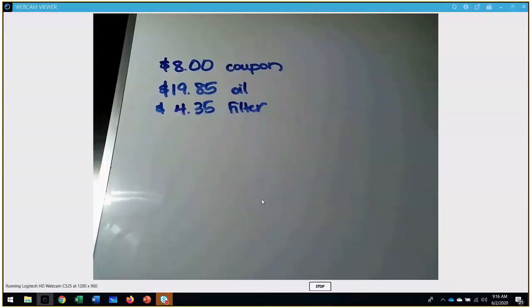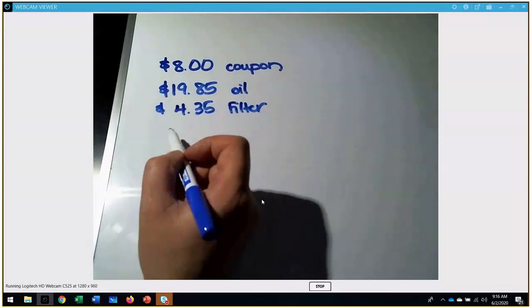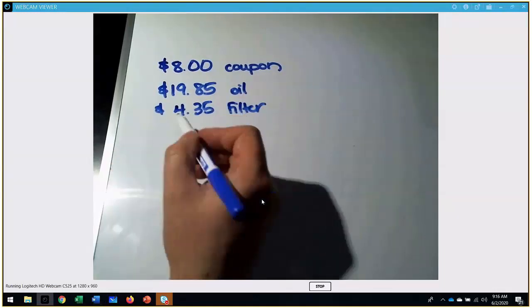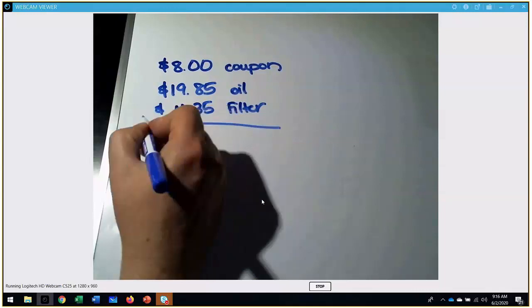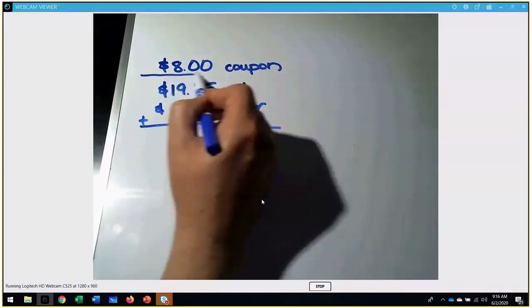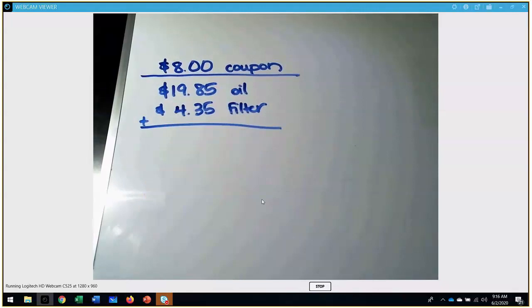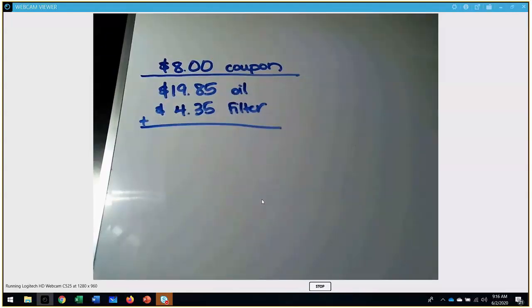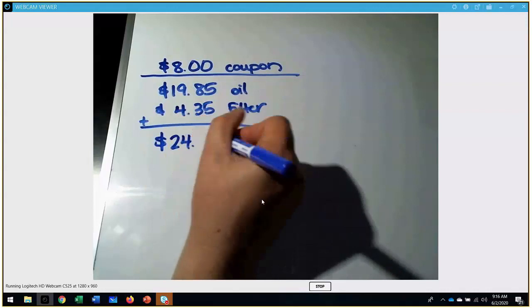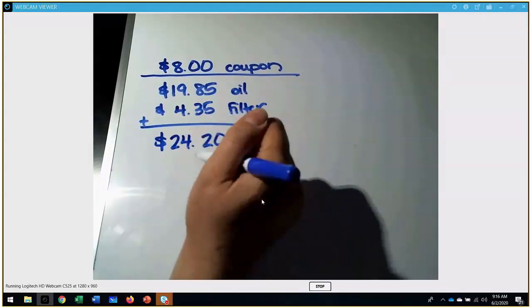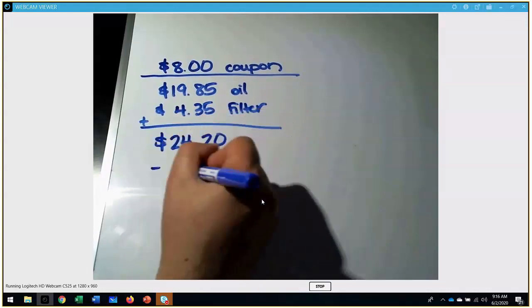Okay. So first, let's figure out how much we charge them, and then we'll take the coupon off. So we're going to add up these two right here. $19.85 and $4.35 is $24.20. So minus the $8 coupon